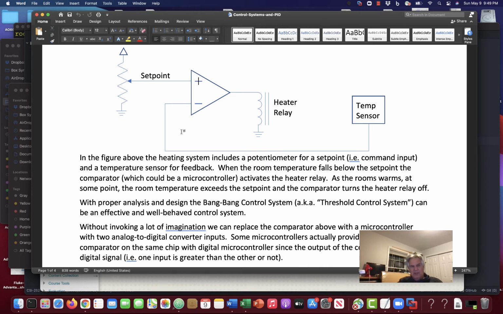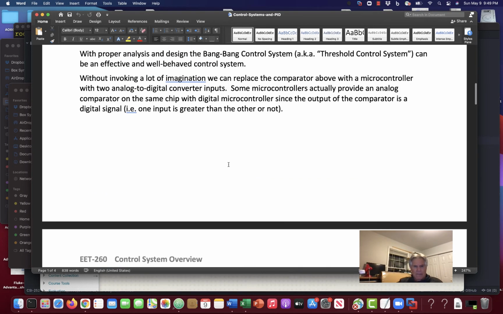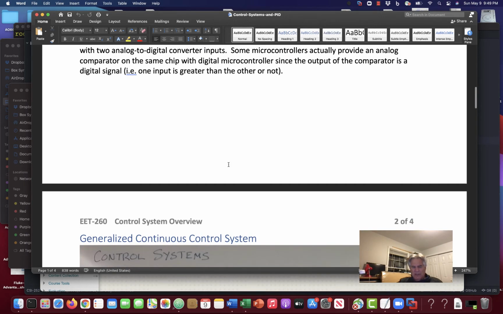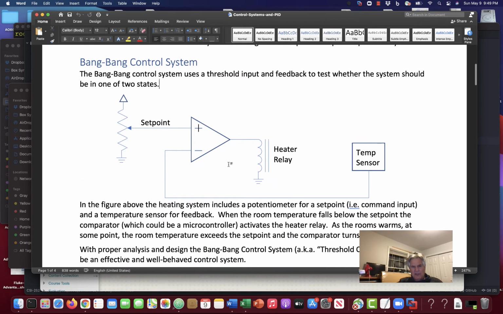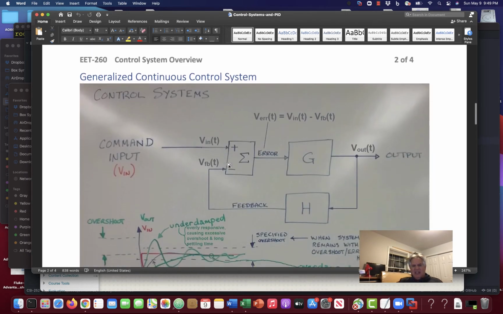Microcontroller, it brings programmability, and it could even bring in some test features and that sort of thing to a bang-bang control system. You could put in your own kinds of hysteresis if you wanted to, and diagnostic functions and that sort of thing. That's great. That's one of the first kind of systems we come across is the bang-bang control system. But